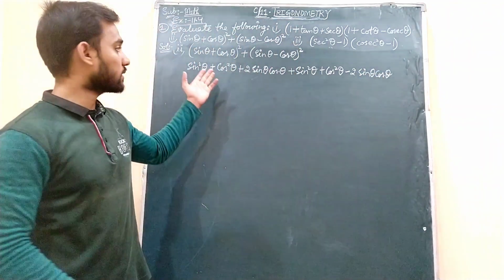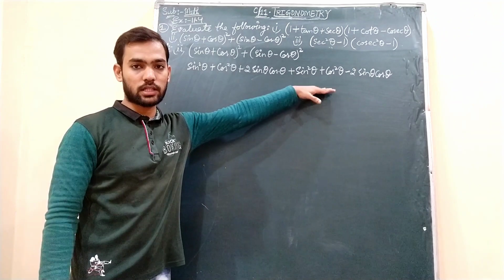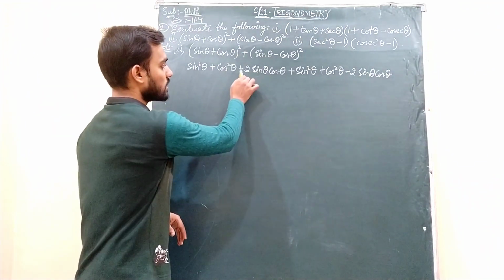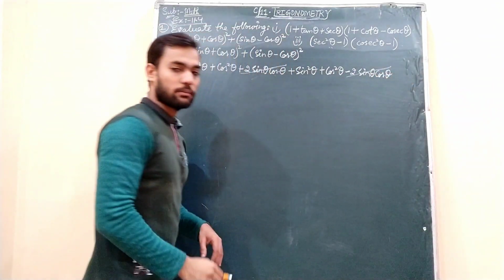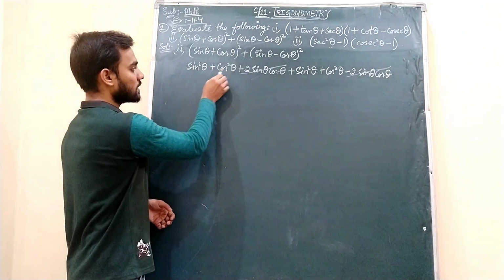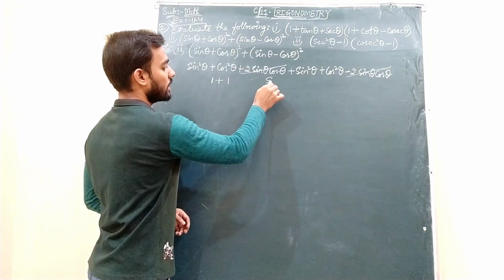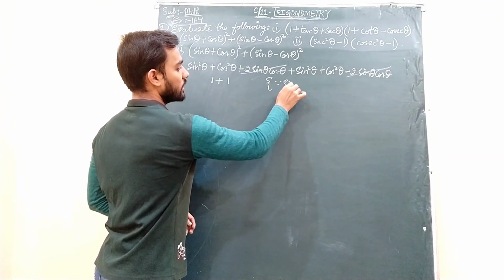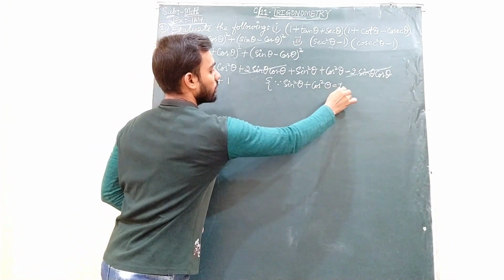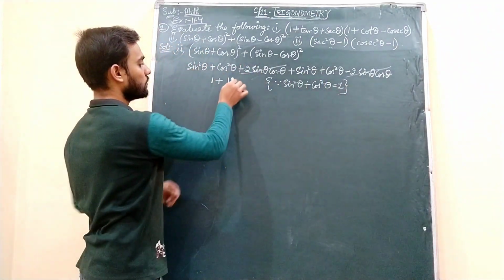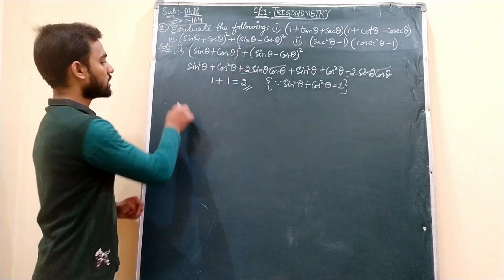Okay, students, here we applied a plus b whole square, here we applied a minus b whole square. Now when you see the whole expression that we got over here after applying the identity, this is plus 2 sin theta cos theta, that is minus 2 sin theta cos theta. So this gets cancelled, becomes 0. Okay. Now sin square theta plus cos square theta is 1, and this is also sin square plus cos square theta, which is 1. Here I will write the identity says that first identity sin square theta plus cos square theta equals 1. So this became 1 and this also became 1. So 1 plus 1 is 2. The value of this expression is also 2. Now moving to bit number 3.